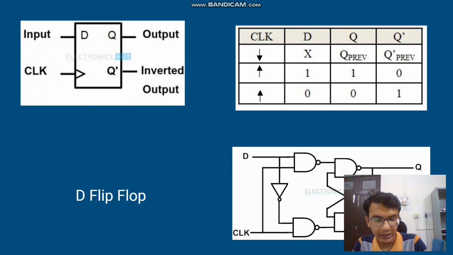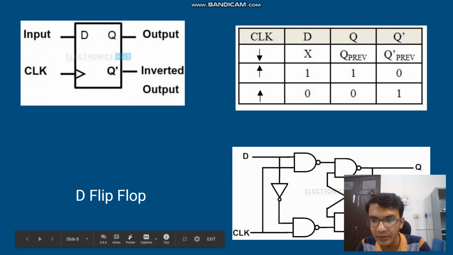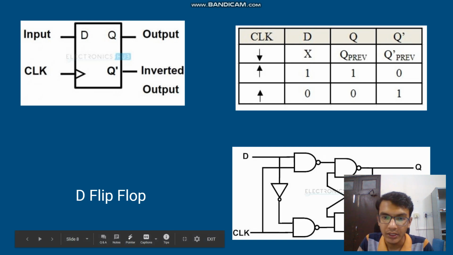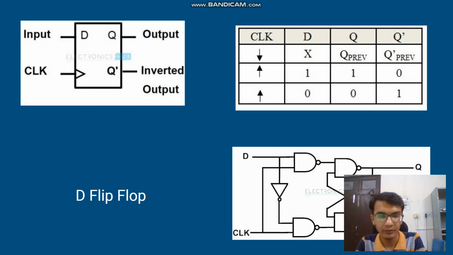I'll discuss three different kinds of basic units. First is the D flip flop. In a D flip flop, we give data at D, and whenever the clock is high, the data is transferred to Q, which we can use in the future anytime. If the clock is low, whatever the value of D, Q retains its initial value from before the clock went low. So we can write in D and read from Q in a D flip flop.